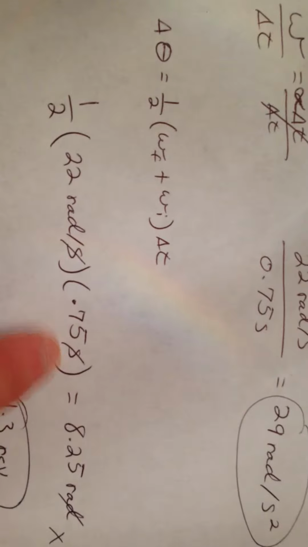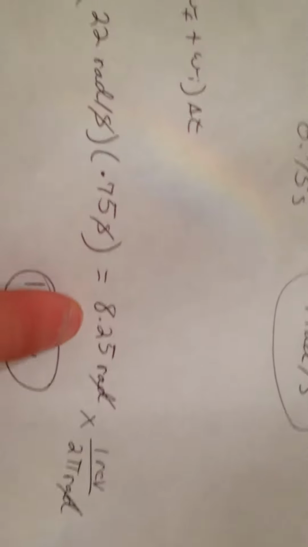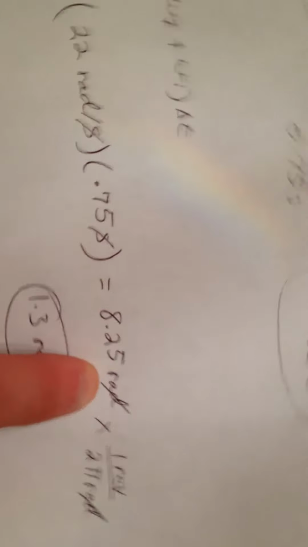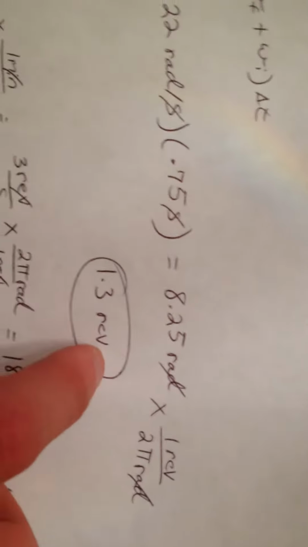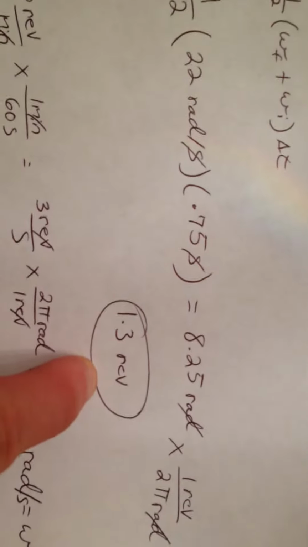So I went ahead and multiplied them both like the equation said. Seconds cancel out, get 8.25 radians. Then you just convert that into revolutions. Divided it by 2 pi, 1.3 revolutions. That is part B. Now part C,